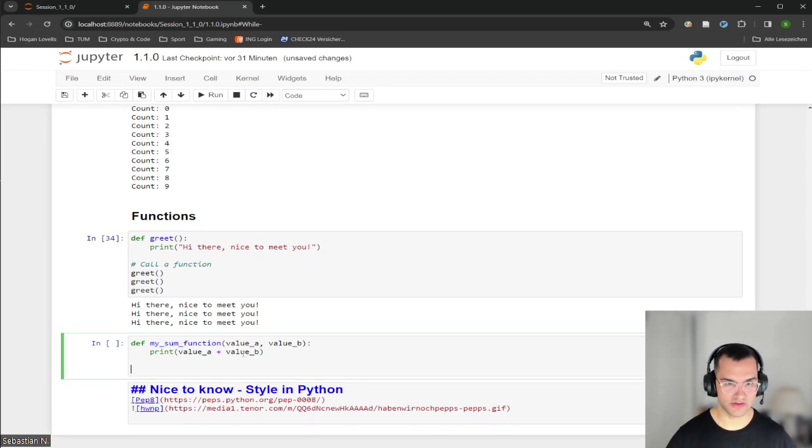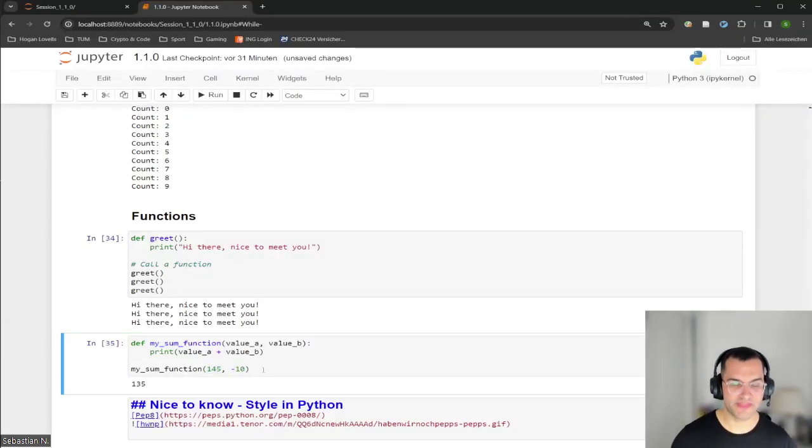And I can now call that function, my sum function, with the values of, let's say, 145 and minus 10. If I do that, I pass in the values 145 and minus 10 to that function, and it is meant to then perform an action on what I handed in. These things in here, based on if you define it or if you call it, are either called